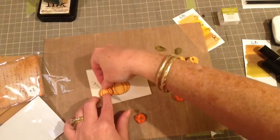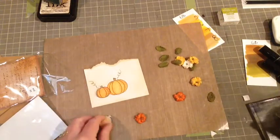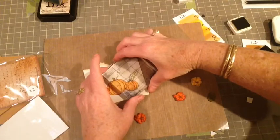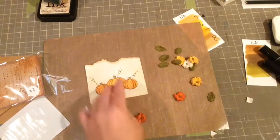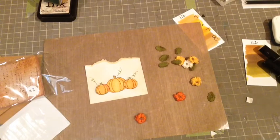Now the small pumpkins I'm going to be placing with a foam square underneath it just to give it a little dimension, raise it up just a little bit, and again just kind of placing them, see where I want that curlicue, and then attaching the foam dot onto that. Now that I have that done, now it is time to go in and decide which